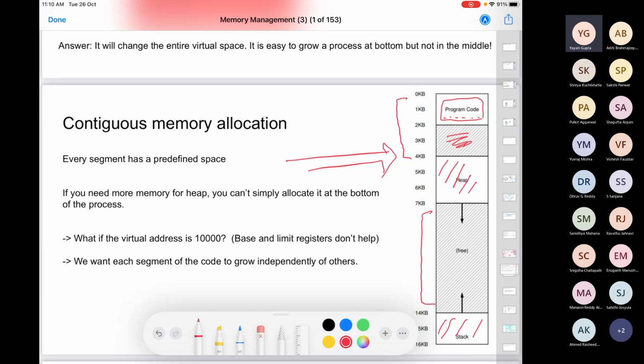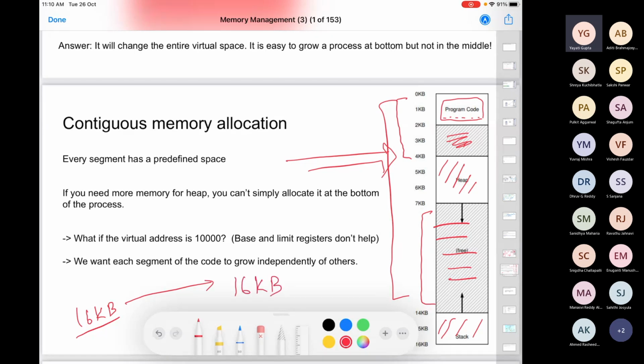But if you are doing a contiguous memory allocation, you'll allocate physical memory for this entire space, which is 16 KB. So this process here, if it is 16 KB in the virtual address space, has a lot of addresses which are not being used currently, but whenever you allocate it space in memory, you are still going to allocate it 16 KB of physical memory. So how can we counter this now?